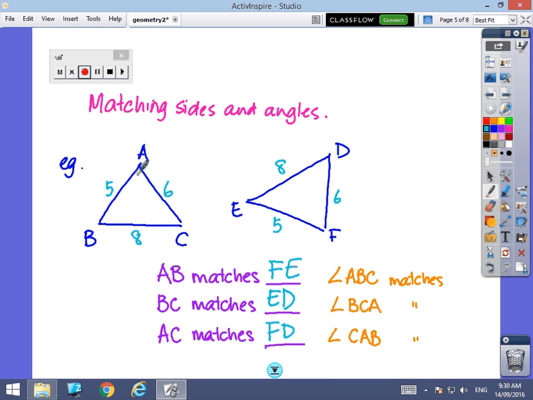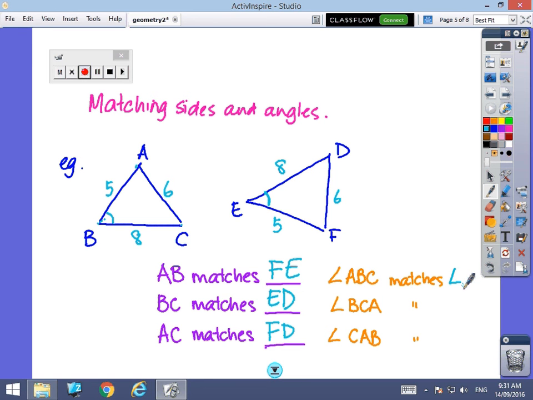So if I want to talk about this angle here, I must start with the furthest arm, or one of the furthest arms, A, go to the vertex B, and then out to the other arm. So I must always have the vertex in the centre of the label. So I want to know what angle in the second triangle is the same as angle ABC, and what I'm looking at is this angle is between 5 and 8. So this angle matches angle ABC because it's between 5 and 8, and so I would say angle ABC matches